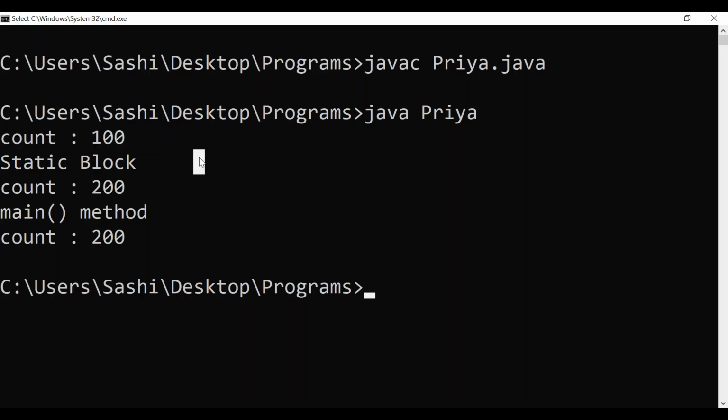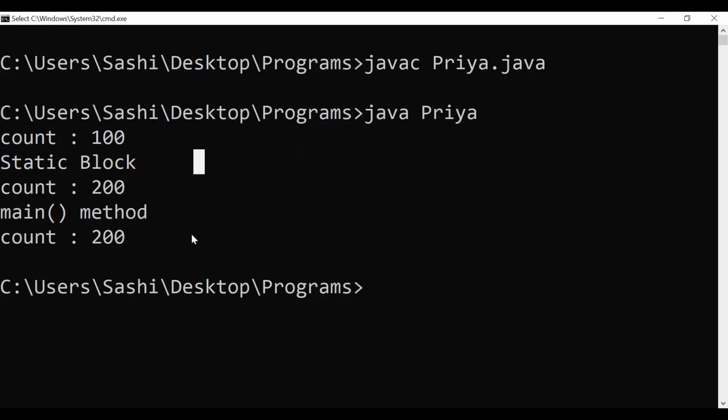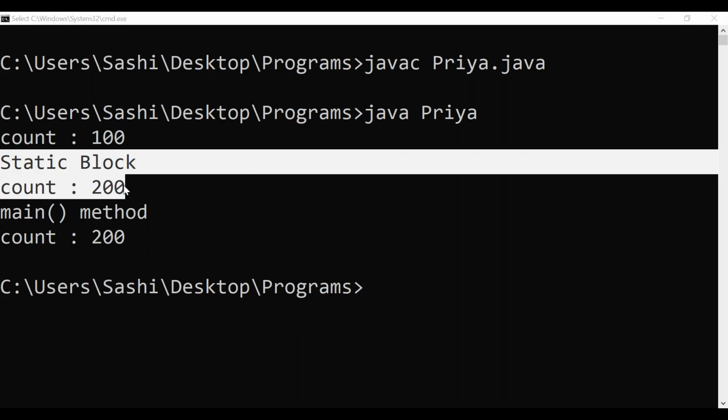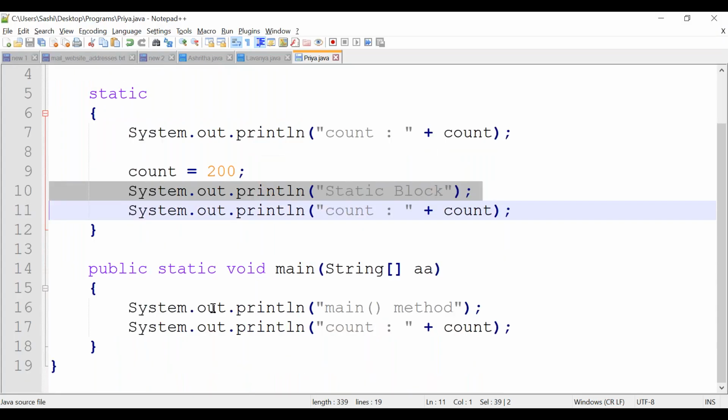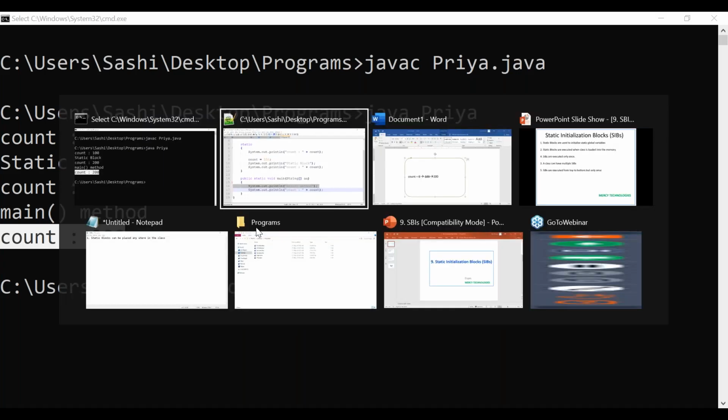So then we are getting the output static block, then count output we are getting 200. Then main method started executing, we are printing some statements, then count value is again same 200 only, right?